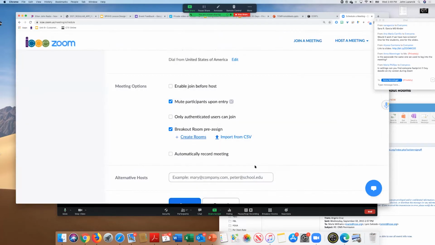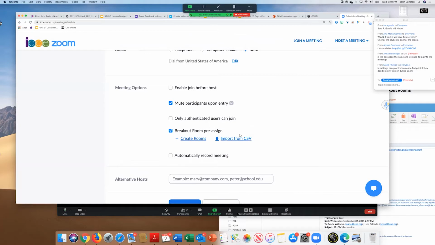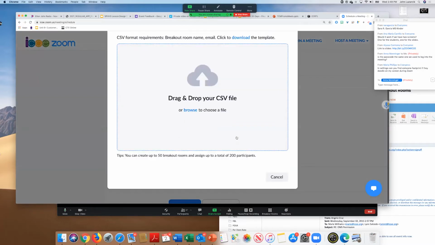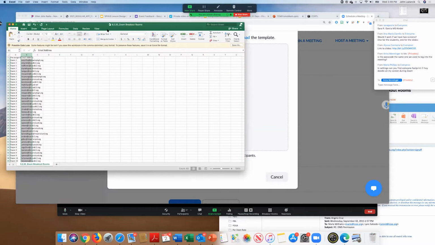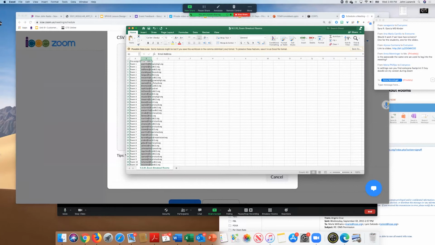What I can also do, which is really cool, to make it even easier, is import from what's called a comma separated value file. It's like an Excel. So let me show you what I did for this training. These are all you guys in an Excel spreadsheet, and all I have is 2 columns. One is